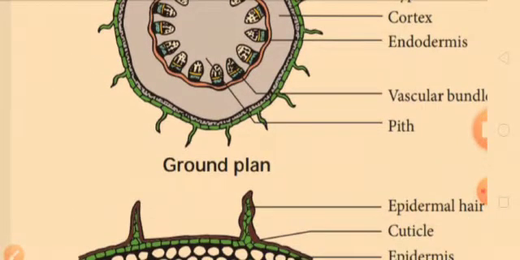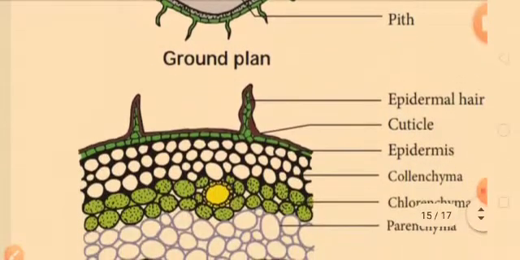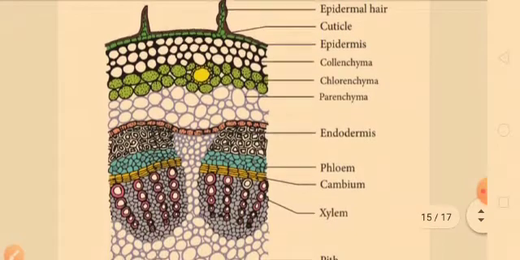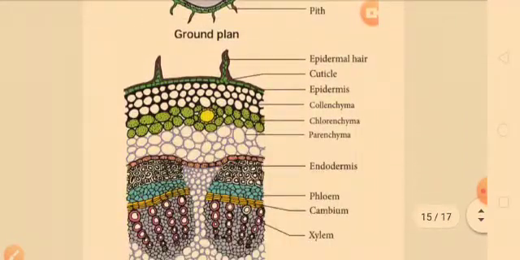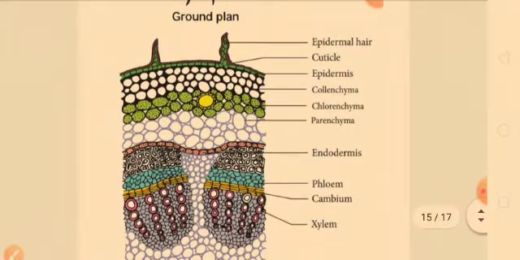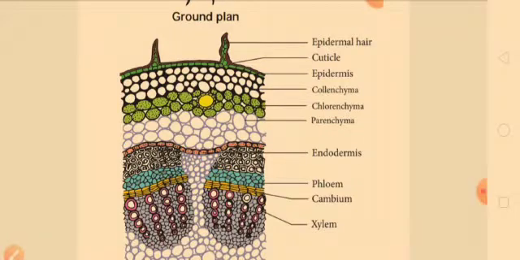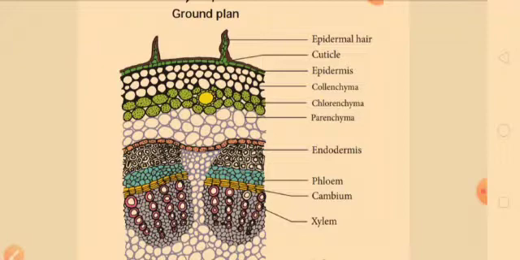Next, in between you have an enormous number of parenchymatous cells. They constitute the pith. So this is the ground plan, and this is the enlarged sector of a single vascular bundle along with the other layers. First is the multicellular epidermal hair, also called a trichome. Next you have the cuticle layer on top of the epidermal hair as well as the epidermis. So cuticle is present in the case of dicot stem.